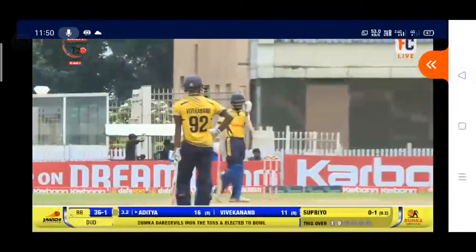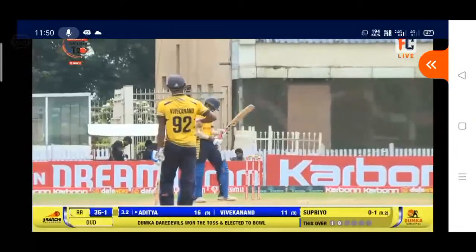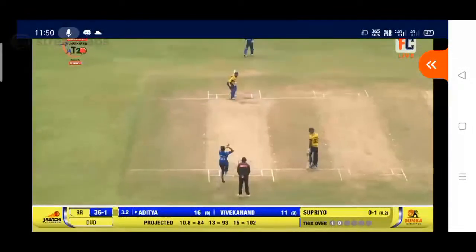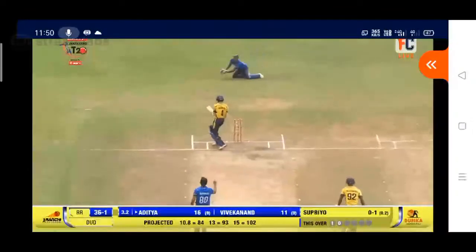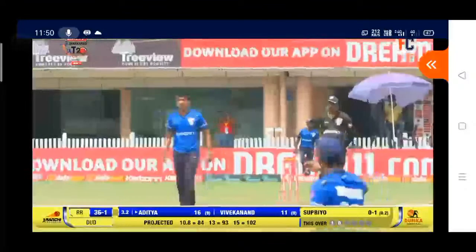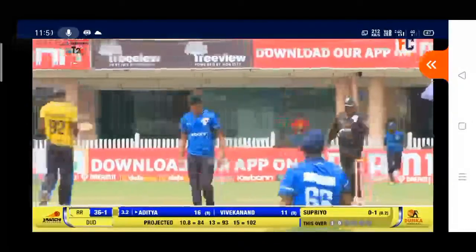I think Aditya, whether outside the off stump or on the leg side, you've got to move your feet also. This time he's bowled.